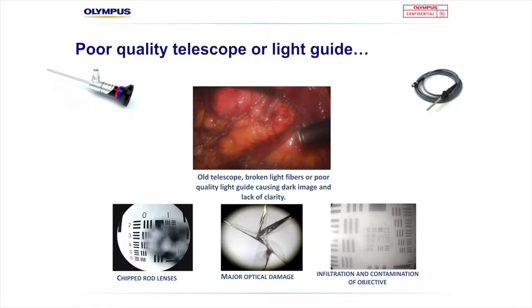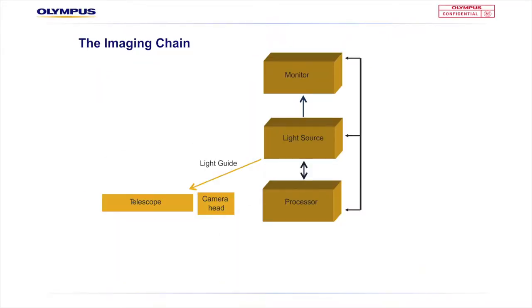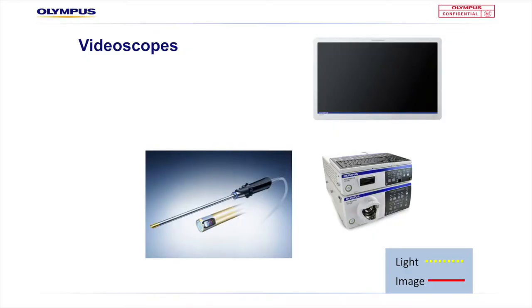But using a video scope allows you to eliminate these issues. A video scope allows you to wrap the first 3 elements of the imaging chain into one device. So your telescope, light bundle and camera head are all wrapped into one complete scope. We plug our video scope into the compatible processor and light source and power up, ready to view our subject,